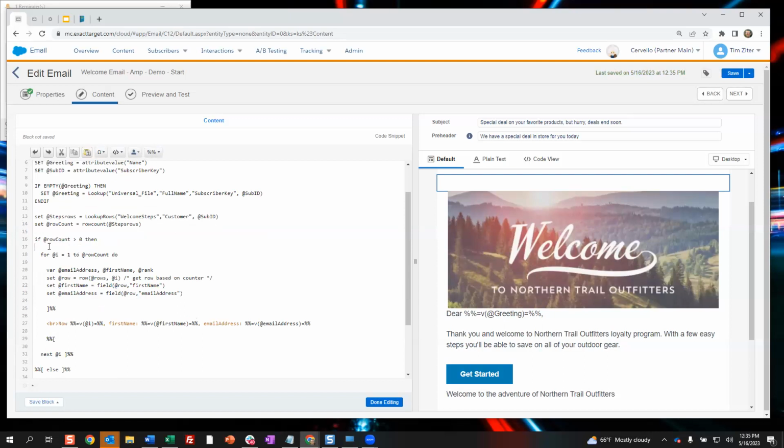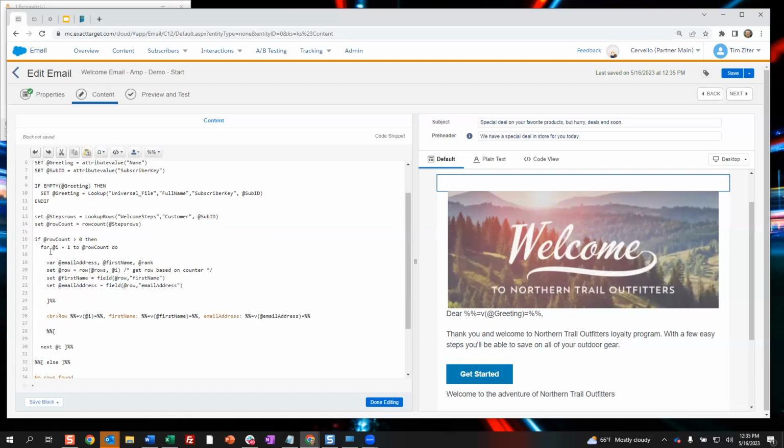So that we're going to create that if statement. We'll keep that there. The next part is our actual for loop. So let me just capitalize this so we can identify it a little bit better. What this for loop is going to do is cycle through each time this I variable gets created. It's going to start from 1 all the way to the row count. So it's going to cycle through a certain set of steps as many times as there is a number in